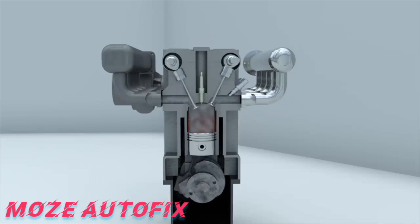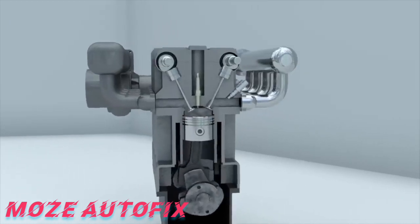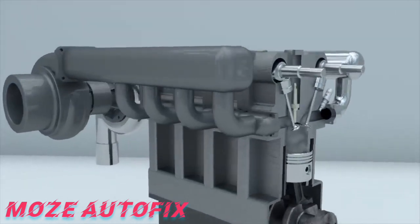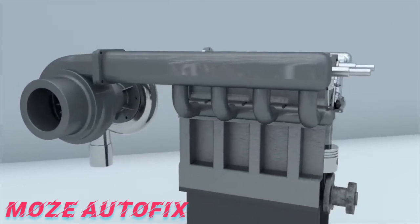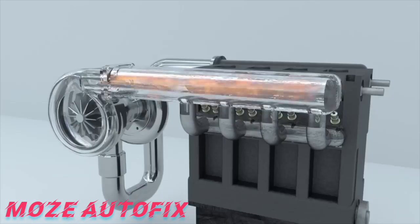The particles of gas act upon the blades of the turbine wheel, causing it to rotate. The turbine and compressor wheels are mounted on one shaft. When the turbine wheel rotates, the compressor wheel also rotates, forcing air into the engine cylinders. The exhaust gases have a very high temperature. They heat up the turbine, and from it, the heat is transferred